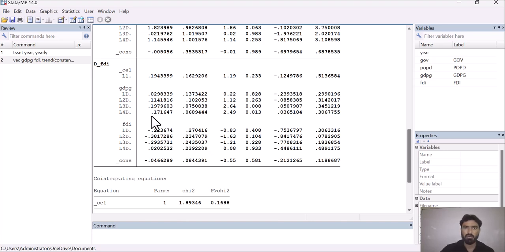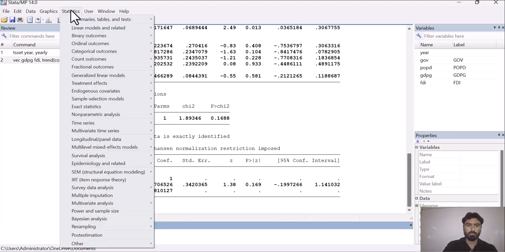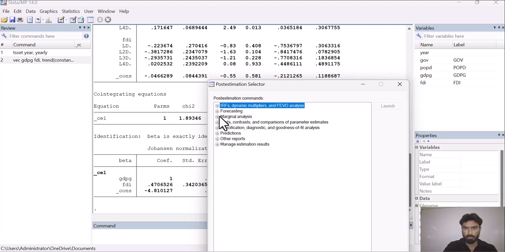As we have discussed the long run relationship between these variables, we can also check the short run relationship between these variables as well. So now we will discuss how we can check whether there is a short run relationship between these variables or not. For checking the short run relationship, go to statistics, then go to post estimation, then go to